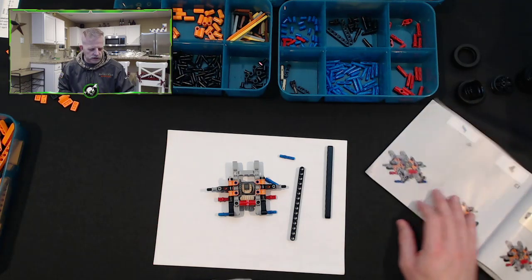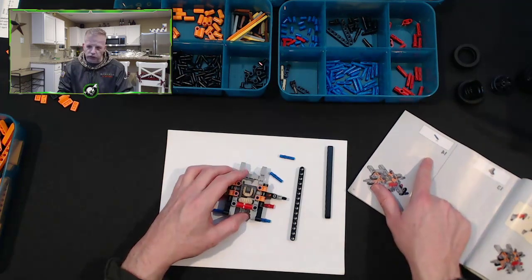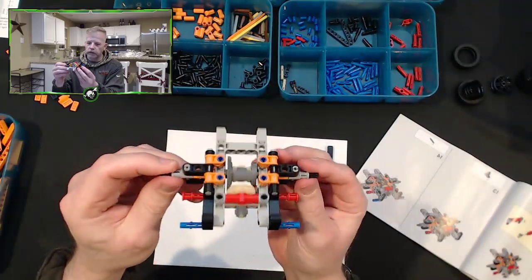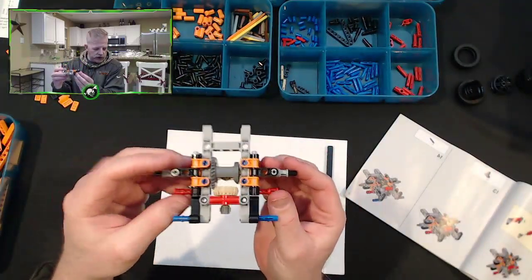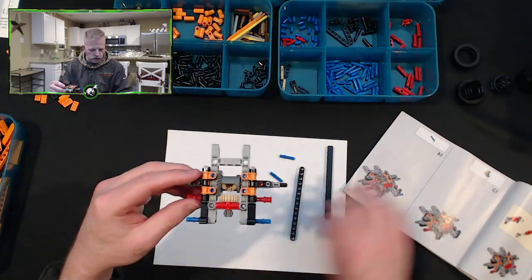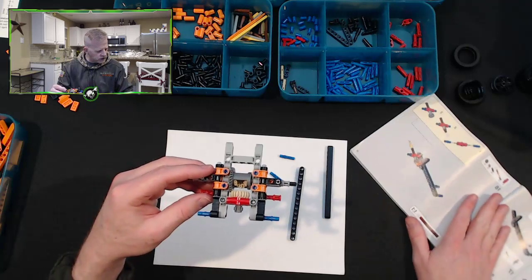Built it up. All right, so it's got confusing now. So we've completed part 14, which gives us this. So we've got the drive and everything figured out. So when we go to part 15, so we got the 2 blues in on 14. When we go to 15,